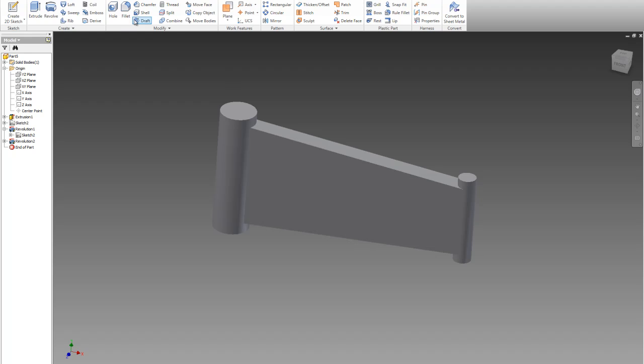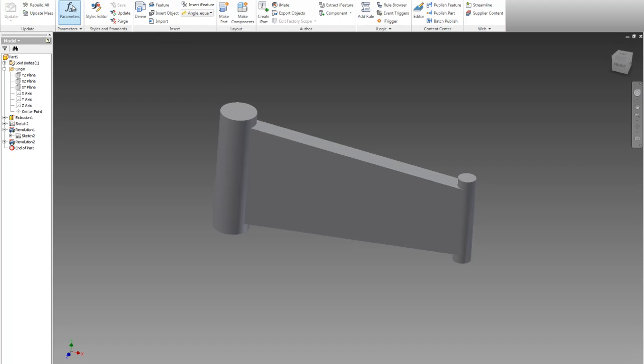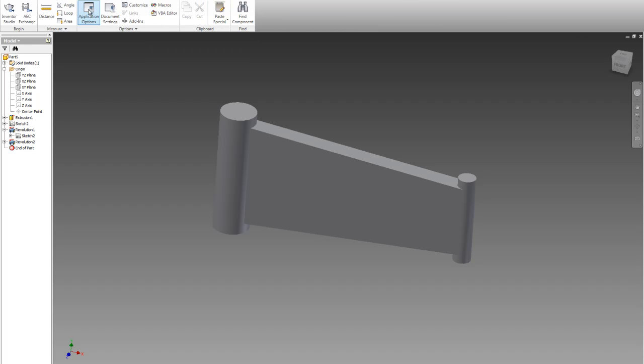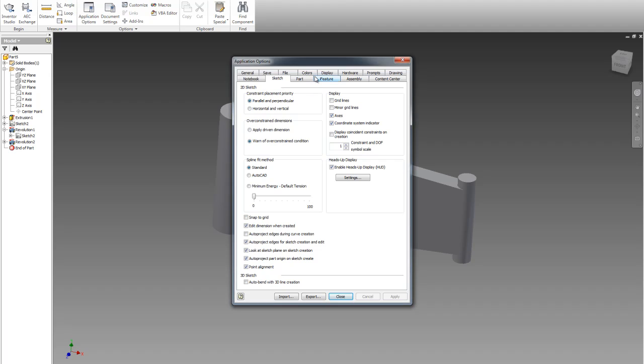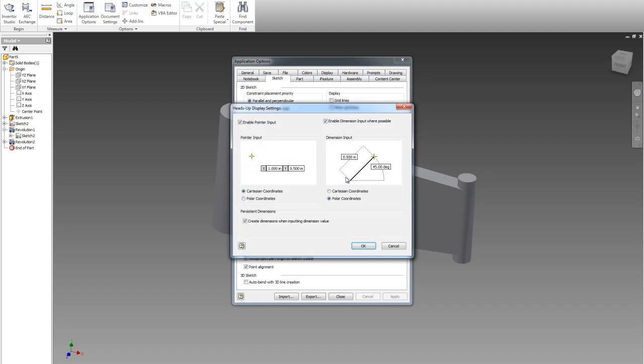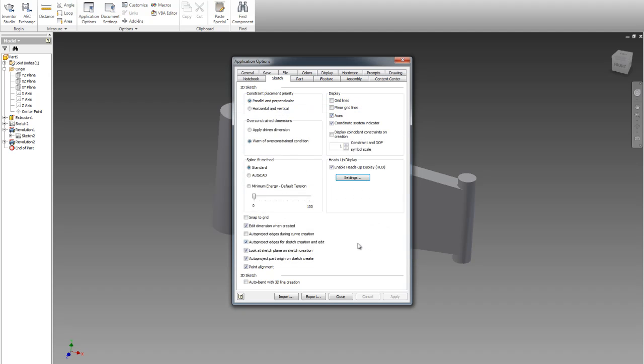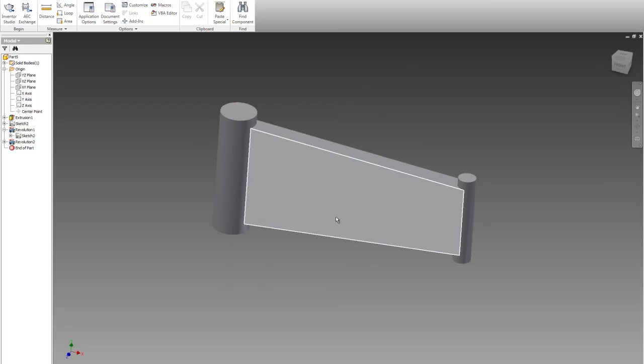Now I'd like to continue on with more sketching, but before I do, let's take a look at where that heads-up display is. Now in my Tools application option, under sketching, you can see there's a heads-up display. You can turn off and on that by selecting the box. We can see what my options are available to me, and by hitting OK or apply,